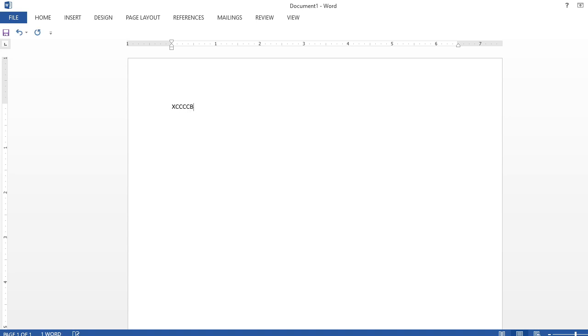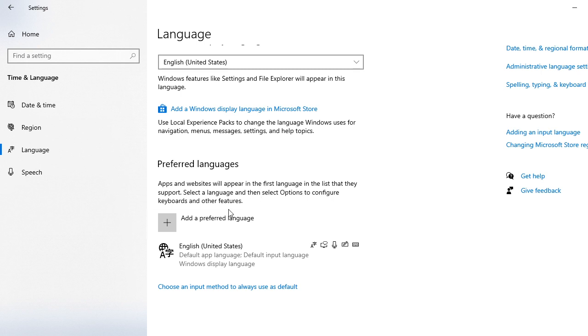Now I want to type from the keyboard and have Hindi come here. For that, you have to make certain changes here. You go here, see add preferred language. In this add preferred language, you have to click here. This you have to install, and this is already there in your system. So I am going to click here, add preferred language.